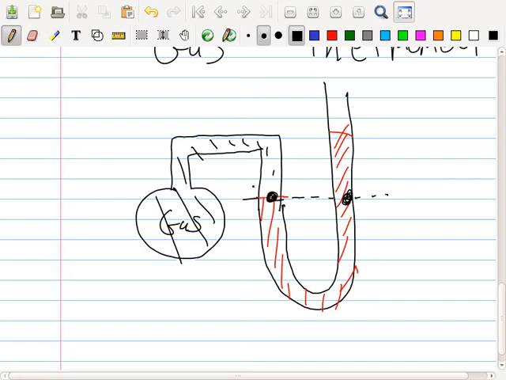Now, if this was to get hotter, what happens to the gas? It gets bigger, which means there's more pressure here. So that means there must be more mercury here, so it ends up rising. So you can use the height measurement here to calculate temperature changes. In this one, they use hydrogen, helium, or nitrogen. Let's, for example, use hydrogen.